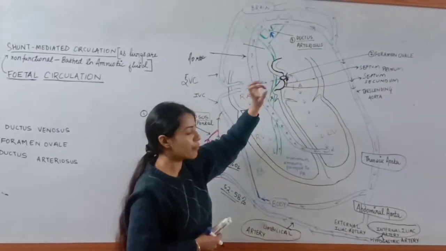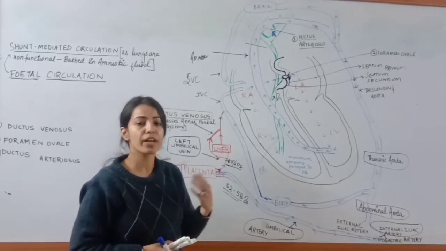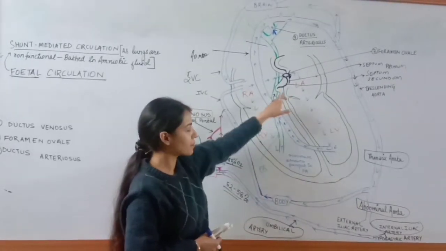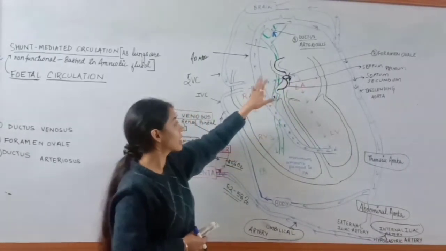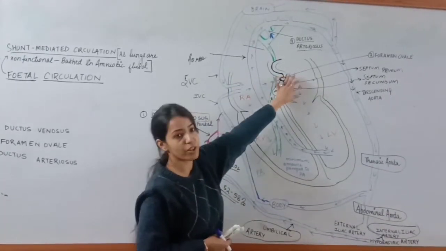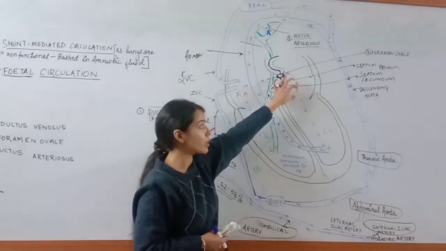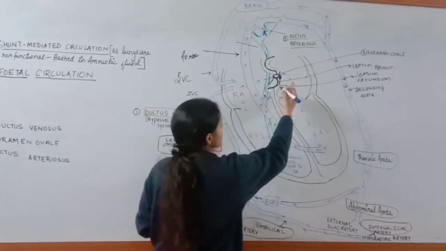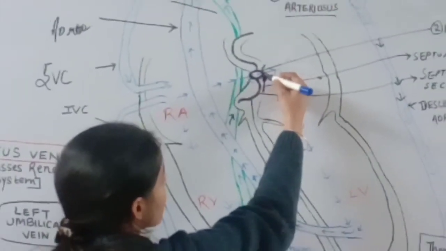Okay. So with the first cry of the baby, with the first breath of the baby, what is going to happen? The lungs are going to expand. So when the lungs expand, obviously the pressure over here in the left auricle is going to increase. At the same time, the connection from the placenta is also cut, so the pressure here is decreasing. The pressure here in the left auricle is increasing. At the same time, the lungs are functioning. So what is going to happen? Due to the increase in the pressure, this particular opening which you can see over here, foramen ovale, is going to close with this muscular flap-like structure